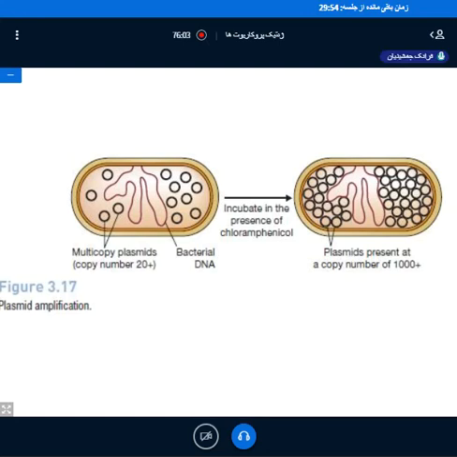The next step, if you can see, before the purification of the plasmid,